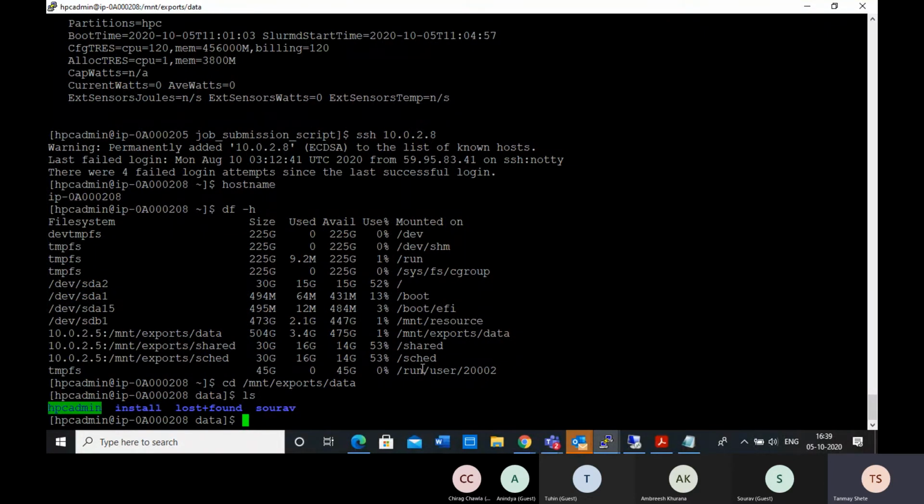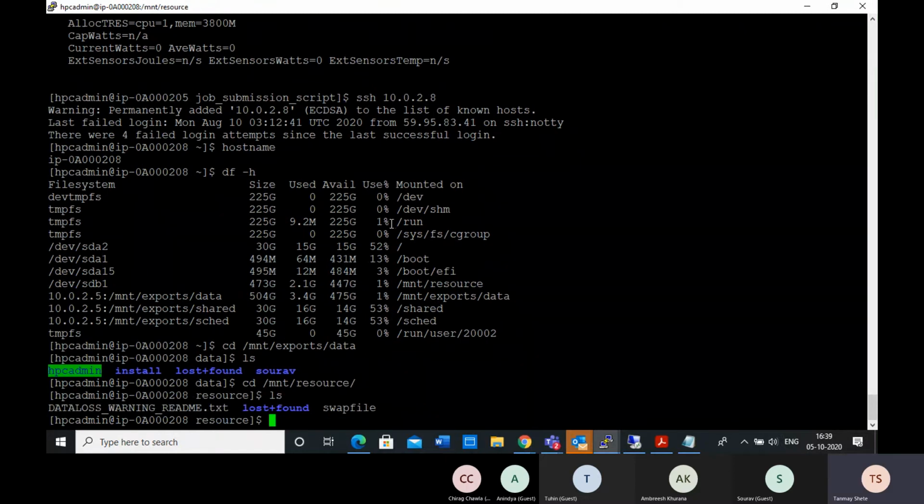So all these directories are available on that machine also. And if you go to /mnt/resource, there will not be anything other than this data loss warning and a few default files. But you can create your temporary data in this directory, which is 473 GB size currently.